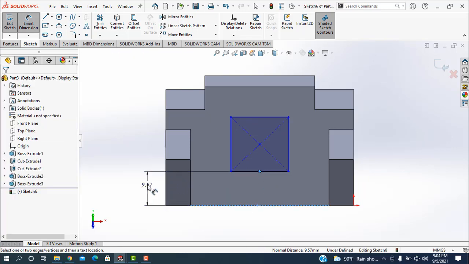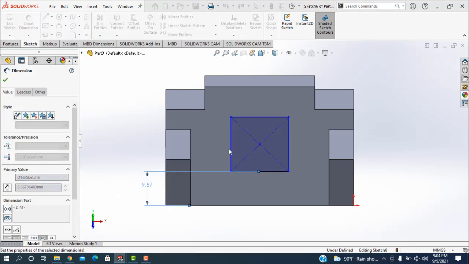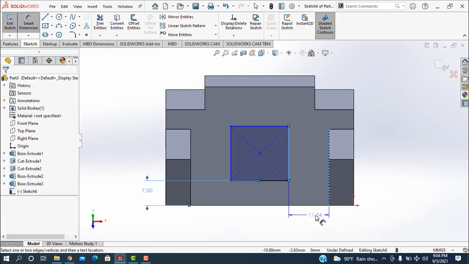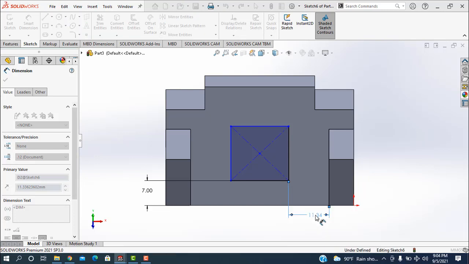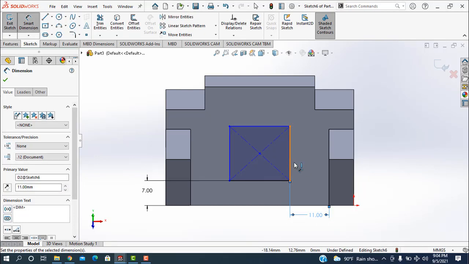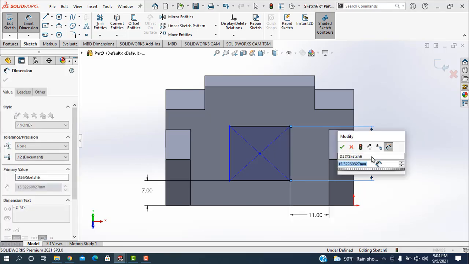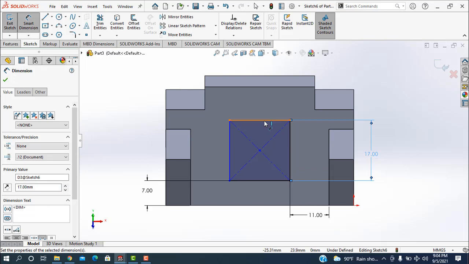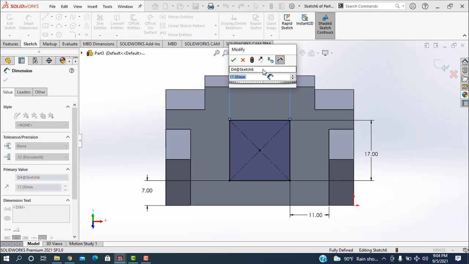The dimension of the meter will be 70 millimeters, and the distance from here will be 70 millimeters, and the side of this rectangle is 70, and this side is also 70. So it is for